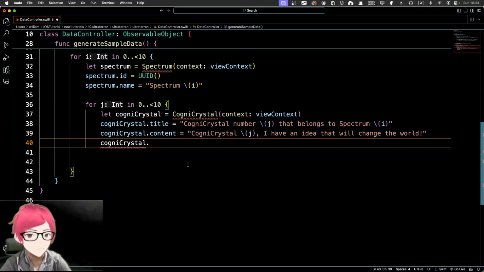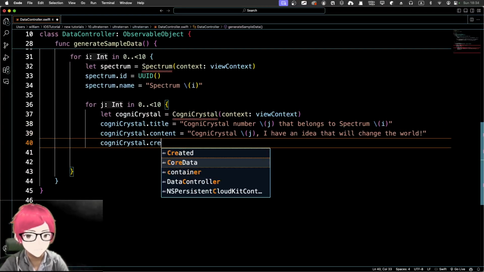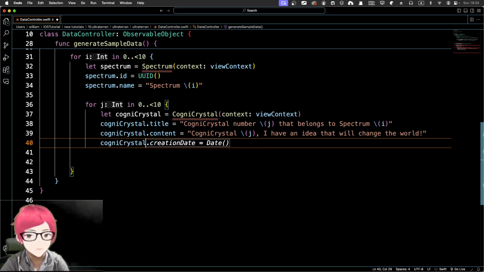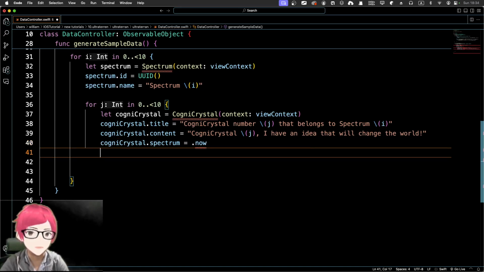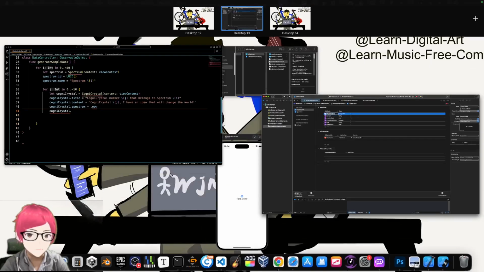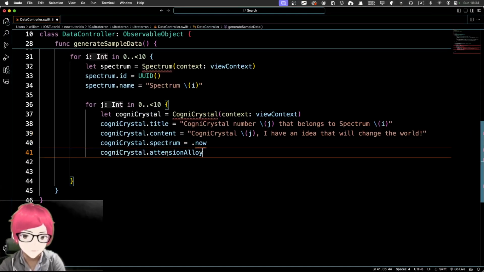Okay, so creation date, and it does not give me the creation date. Okay, creation date will be whatever now it is. So I'm going to just say now, and not ID. I think it's like the attention alloy. Attention alloy. Okay, I'm going to use this. Attention alloy will be